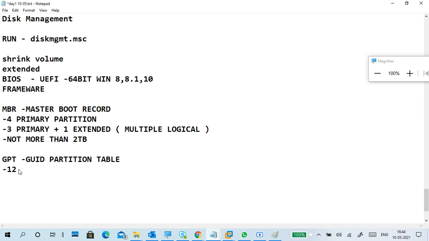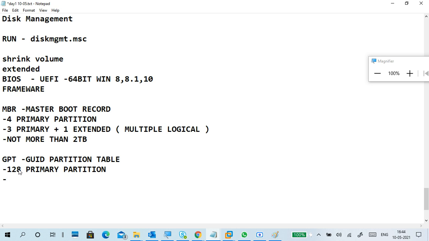In GPT, 128 primary partitions, and no extended partition. You don't require any extended partition. You can take any size of disk also. So practically, you can create more partitions. 128 primary partitions you can create, no extended partitions.